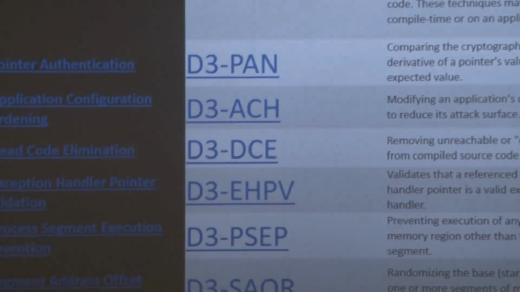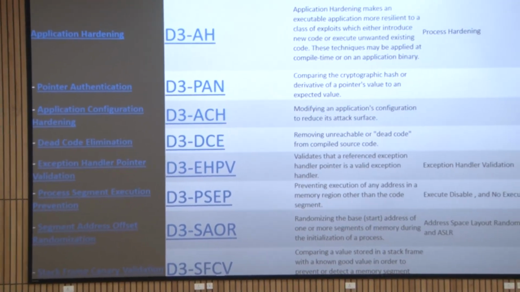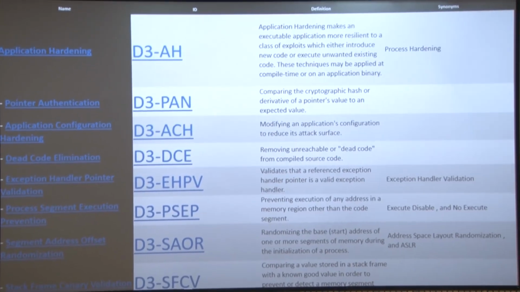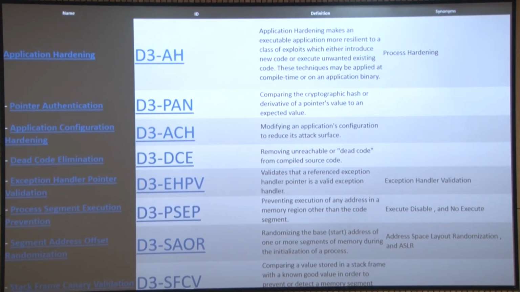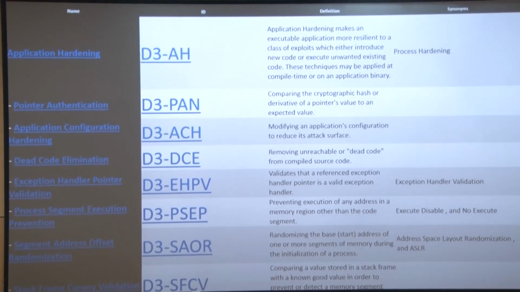You actually have to know what your exception handler pointers are from the beginning, so that if somebody has inserted extra code as an exception pointer, it should be detected. So these are all runtime methods. Process segment execution prevention, that is what DEP is all about. And then segment address offset randomization. So this is ASLR, address